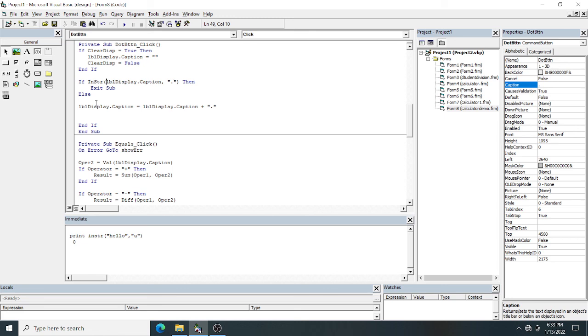In that case you can exit the procedure, exit this button procedure, because you don't want one more dot. Since we try to match, if it is there it will return a non-zero value, non-zero value means true, so you have to exit. Otherwise, if the decimal point is not there, it will go to the else part: lbl display dot caption equal to lbl display plus the concatenation operator, concatenating what? Dot. That is the code for concatenating the dot.